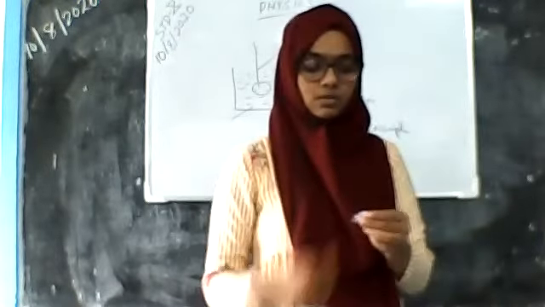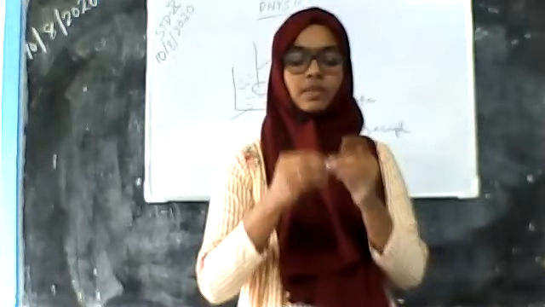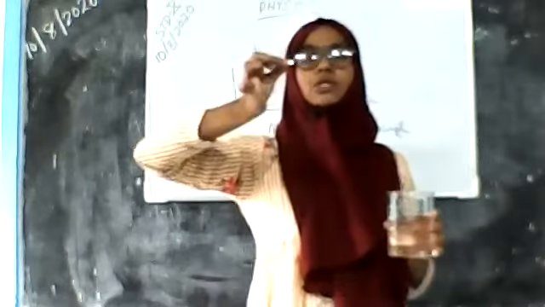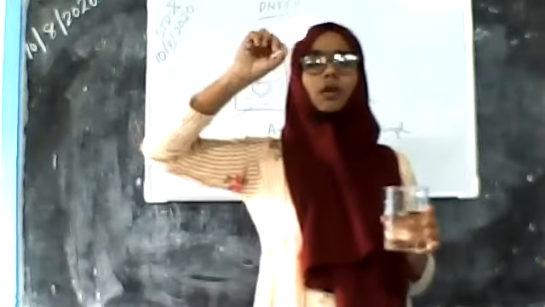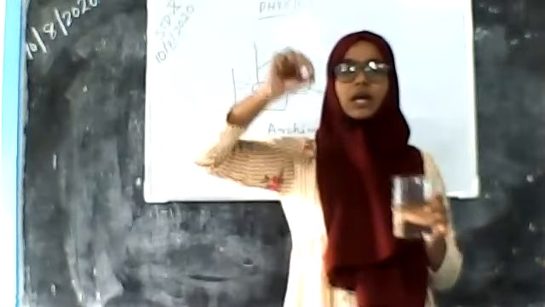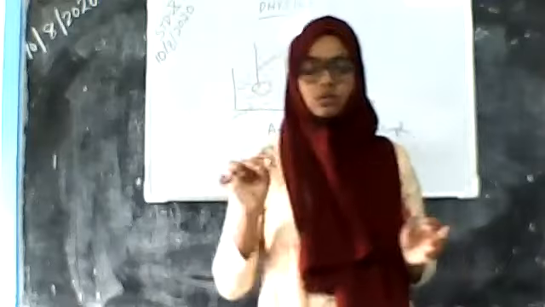I will show you another one. When we take a small piece of paper, it only floats. But when we use a piece of the same size that is folded into a small piece and put it into this beaker of water, it goes inside, not floating here. That is based on the volume. When the volume of the substance becomes small, the acting buoyant force becomes small.